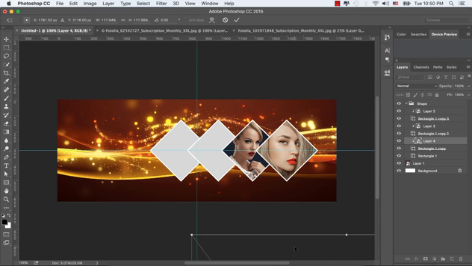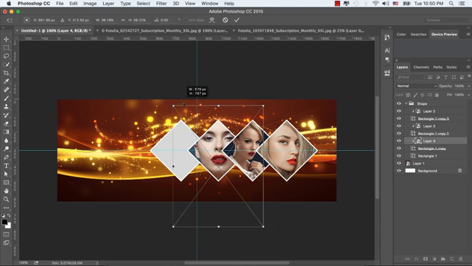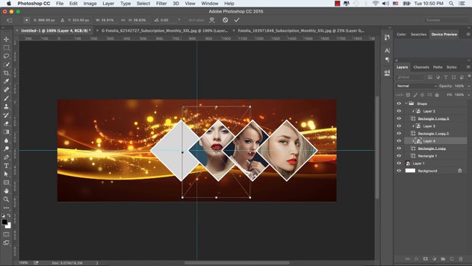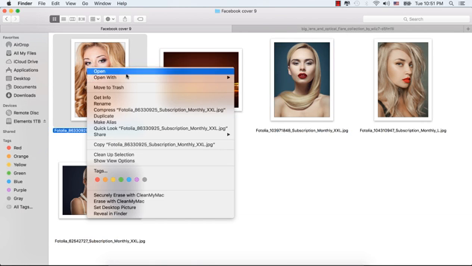While you are resizing the image, make sure you hold the Alt and Shift keys together in order to have a proportional height and width. Let's reposition it and click OK in order to accept this modification.